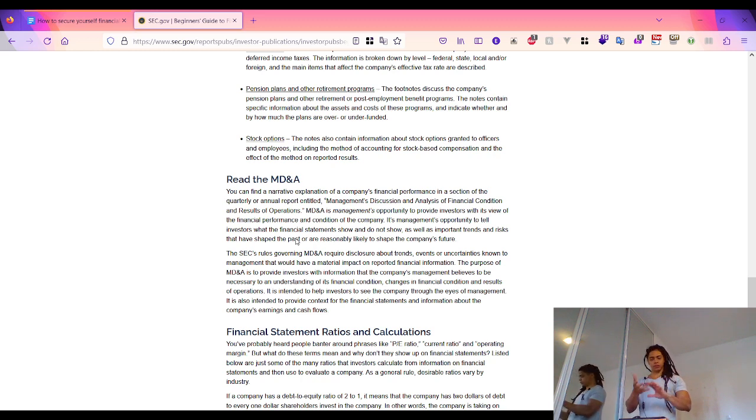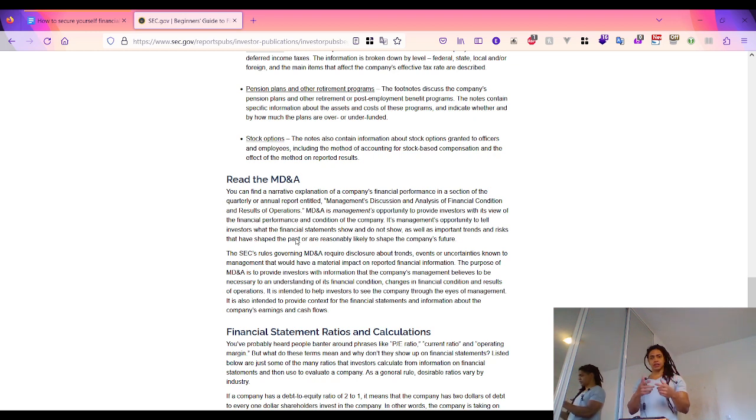To do this, it adjusts the net income for any non-cash items that affect the income statement, such as depreciation and amortization, stock-based compensation,